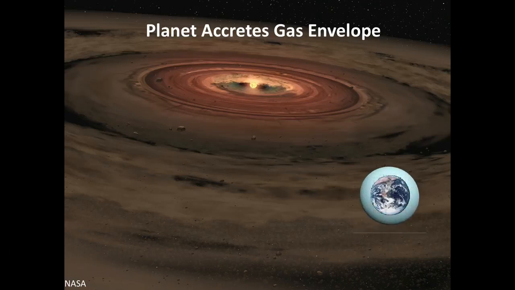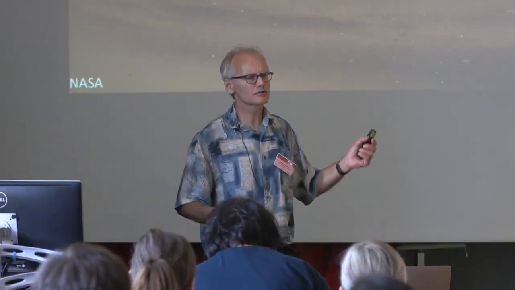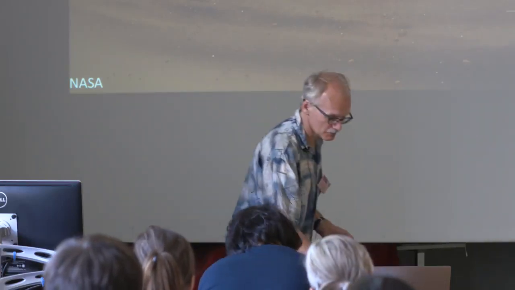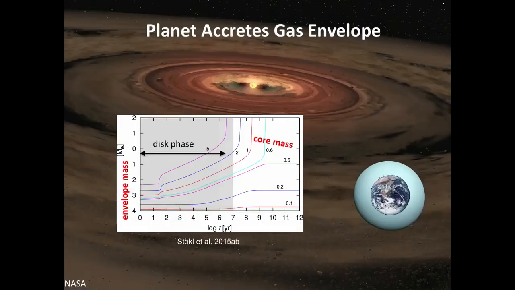Now, as this planet grows, and we heard some of this in Nader's talk yesterday, it begins to attract an envelope of hydrogen and helium gas from the disk. This is not an atmosphere, this is an envelope. And that can be a lot, and I'll show you how much it can be. These are calculations here. It's a bit difficult to read. This is log T. So this is 1 million years, 10 million years, 100 million years. That's the disk phase. We have disks up to about 10 million years. And you see the envelope mass